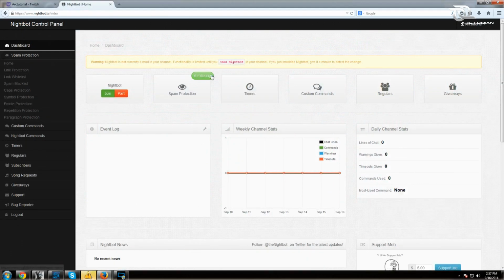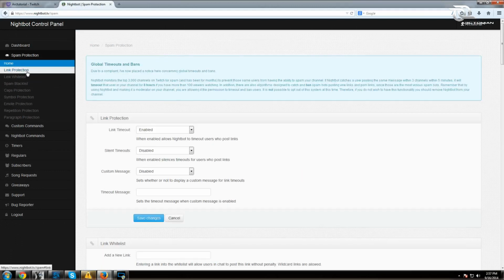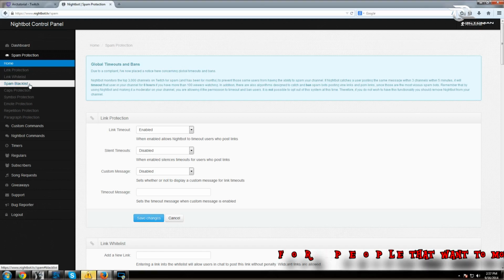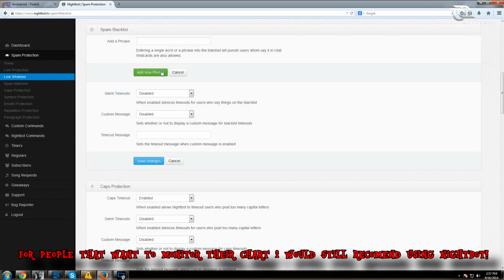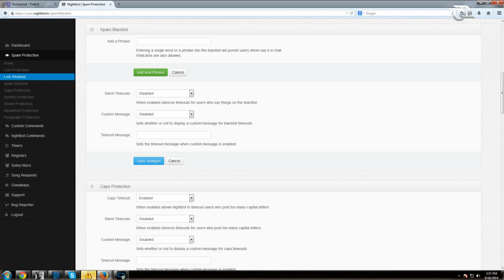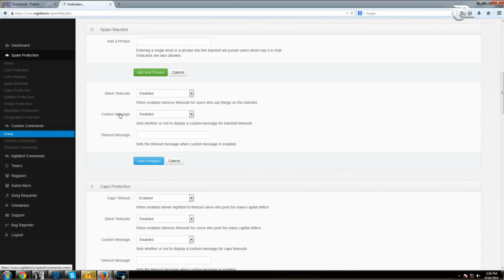You can have a spam protection. If we go over there, home, you can protect your channel with links, so people cannot post links in your chat. Whitelist, you can whitelist links that you are allowing in your chat. Spam blacklist, so people can actually have a certain amount of caps lock or something like that. There's a caps lock protection, but you can also have words spammed for the blacklist. Symbol overusage protection, you can do that with Nightbot. Emote protection, repetition protection. You can make your own custom commands